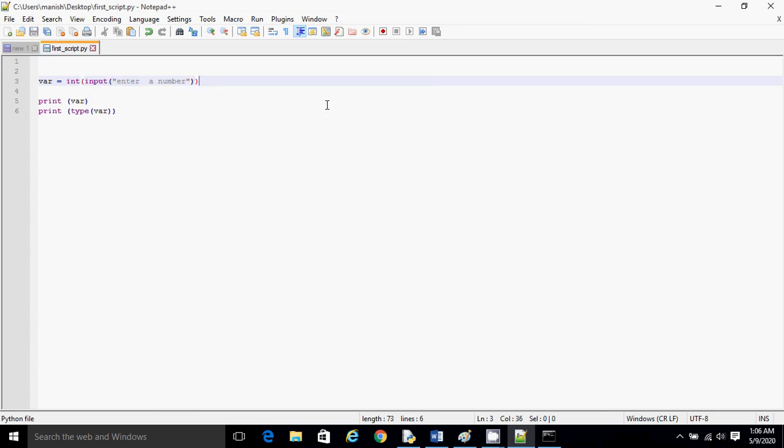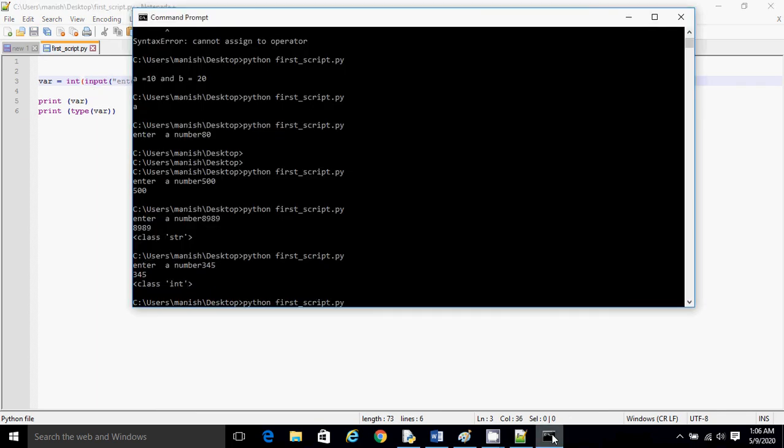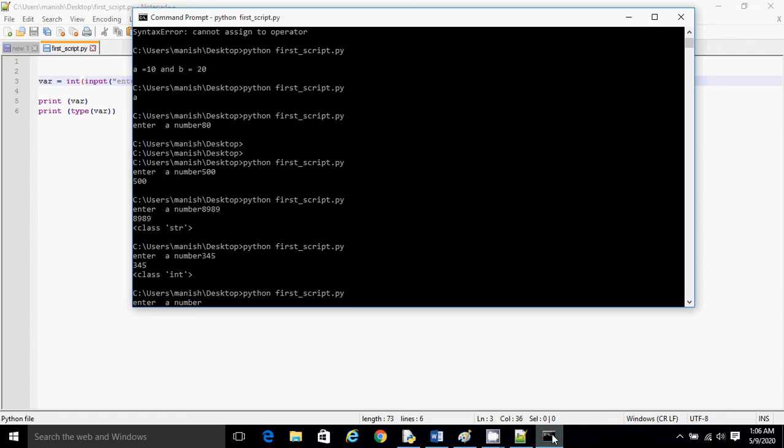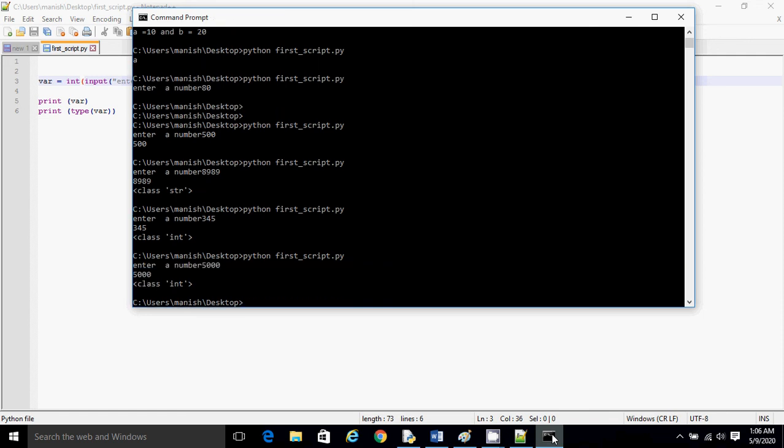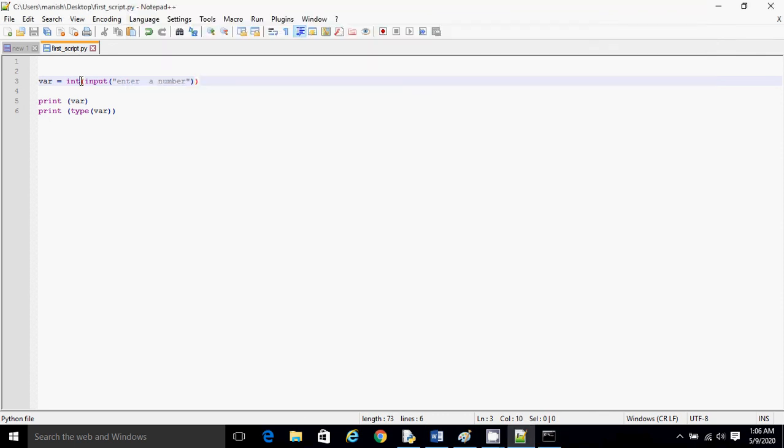And then if the user enters anything like 5000, it will be automatically converted to the integer because we have applied explicit conversion on this input. Like that we can use it for float or integer or any data type, right? So this is all about the input.